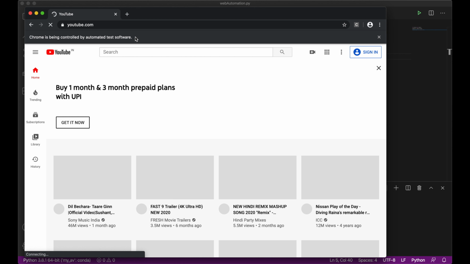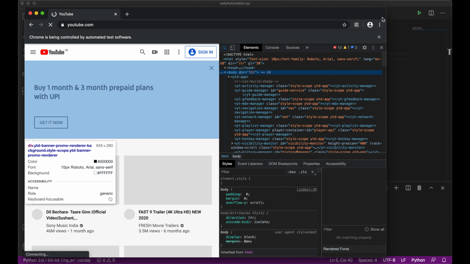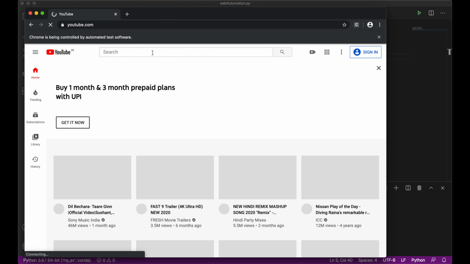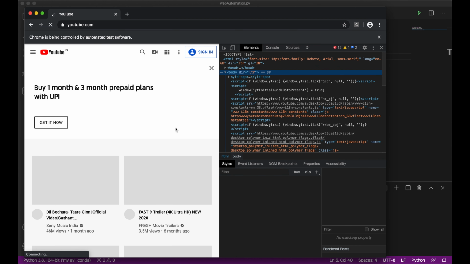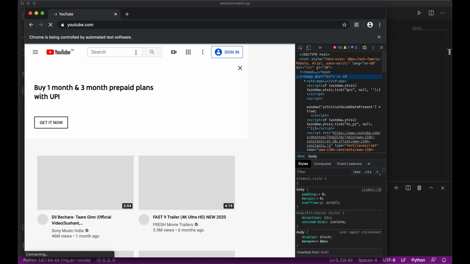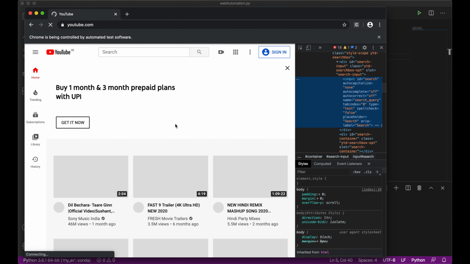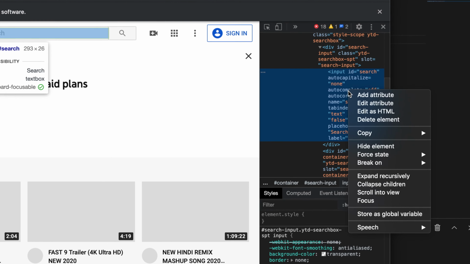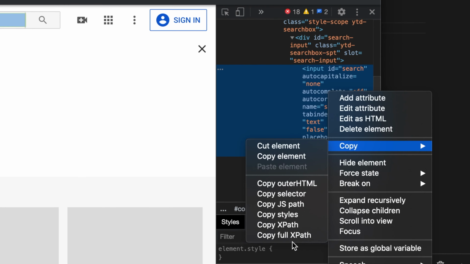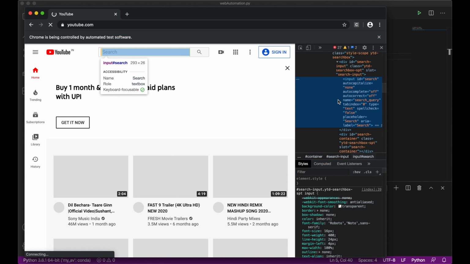Now let us go and do some more interesting stuff. We can do it right here itself. So open up your inspect element, or you can simply right click on this search bar, choose the inspect option, and then you can see the input tag over here, right? So right click on this and copy the full XPath. So now that we have found this search bar element and we have copied its XPath,